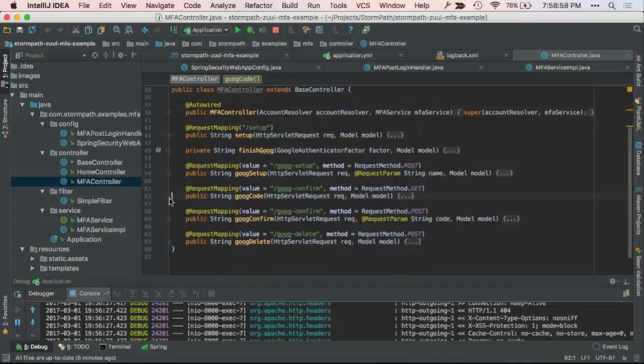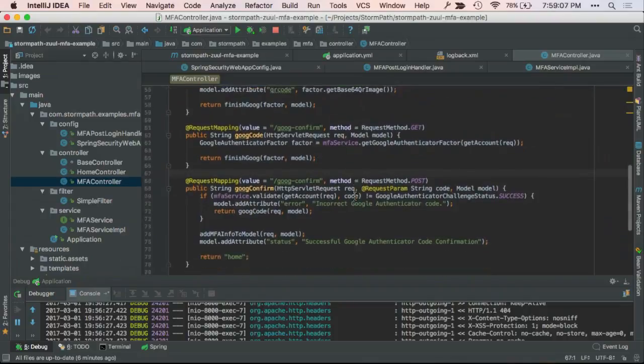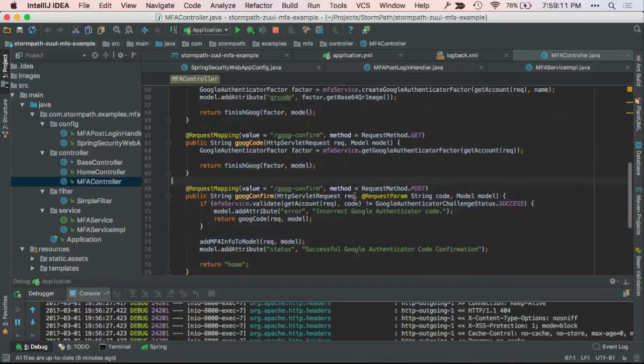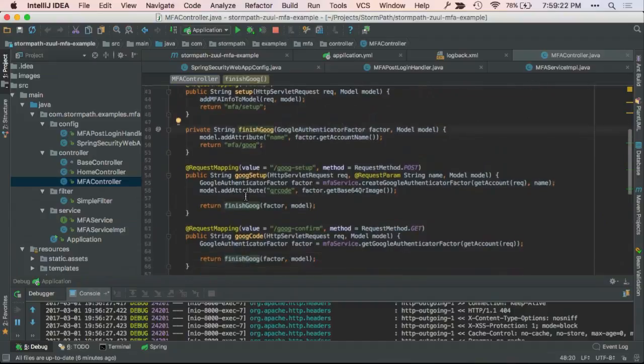So here's my little MFA controller, and if we look over here, I'm just trying to find the place where it actually puts the QR code in. Here we go. Okay.